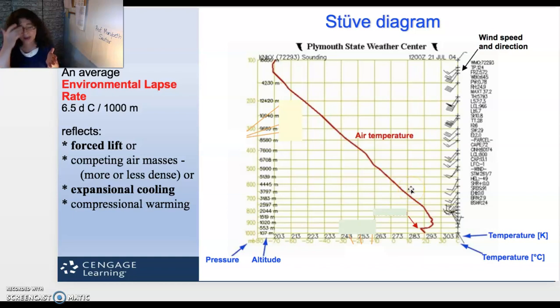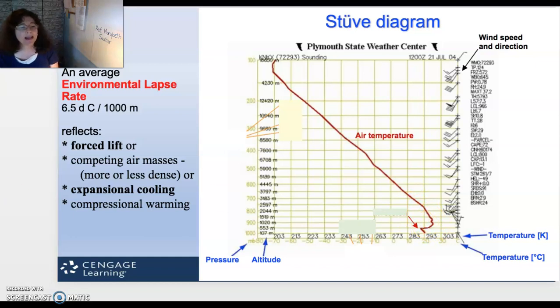This is called a Stuve diagram. We're going to be using Stuve diagrams in our course. The other diagrams, Skew-T, are a little bit more complicated. We're going to start here where it's simple. Now, you would notice here that you've got some strange things going on at near ground level. Let's talk about what happens at ground level, and then we'll talk about what you're noting here as well, which is very common